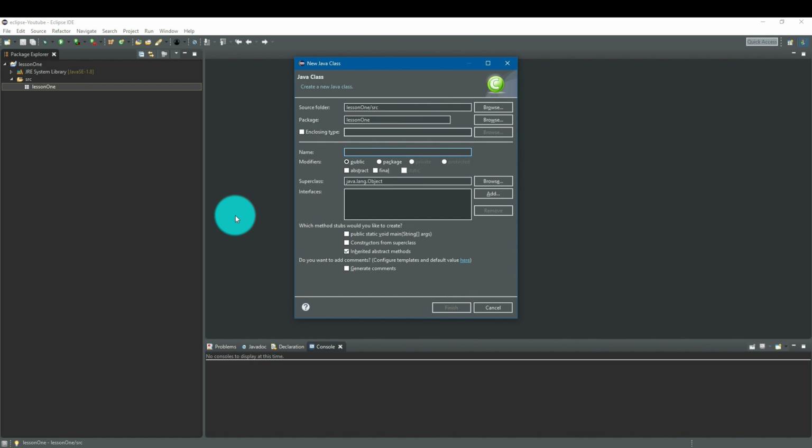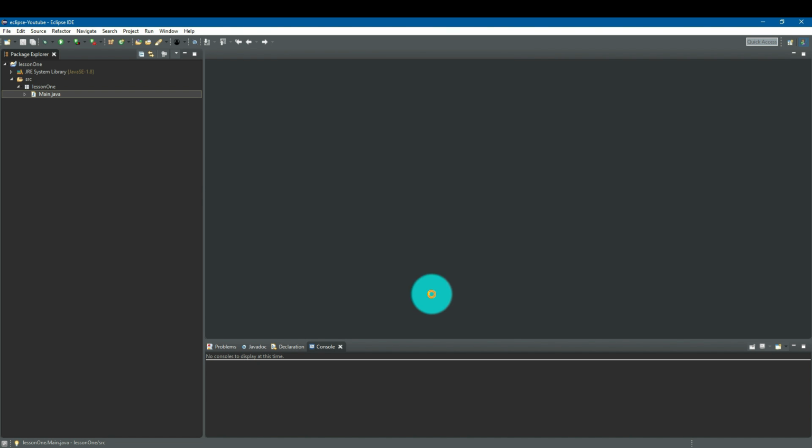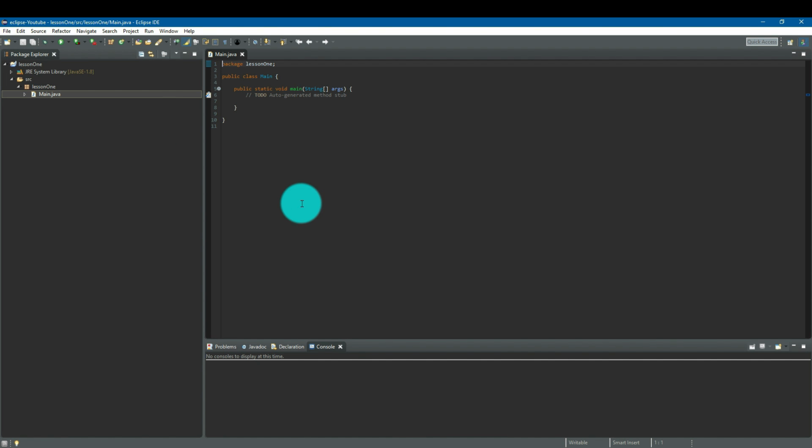How will we name it? We will name it Main, but it will start with a capital M because all classes start with capital letters. What is a class? Follow these lessons to learn more about them. Then make sure to click this thing, public static void main. Again, you don't need to know what this thing is. Now, in Java, you can see here,